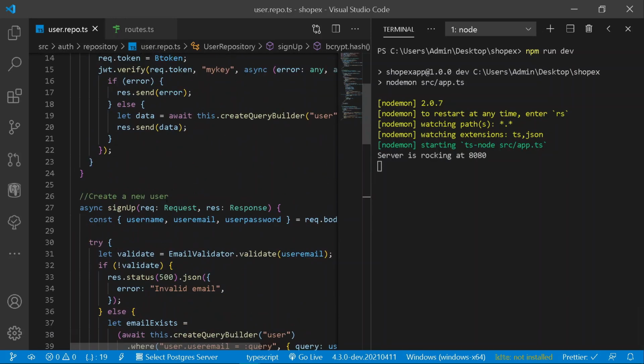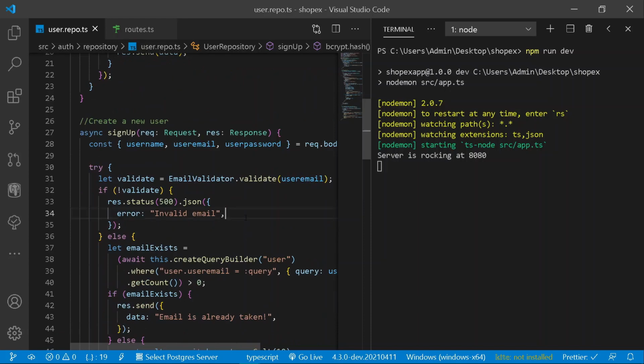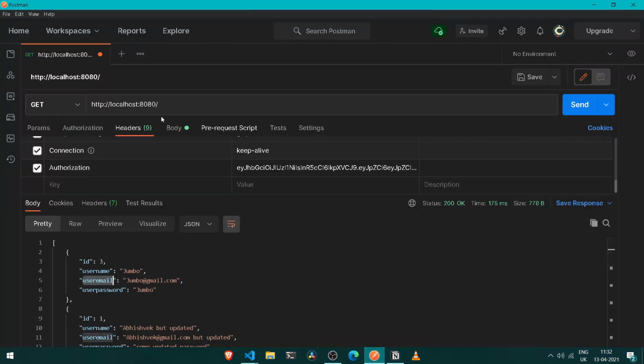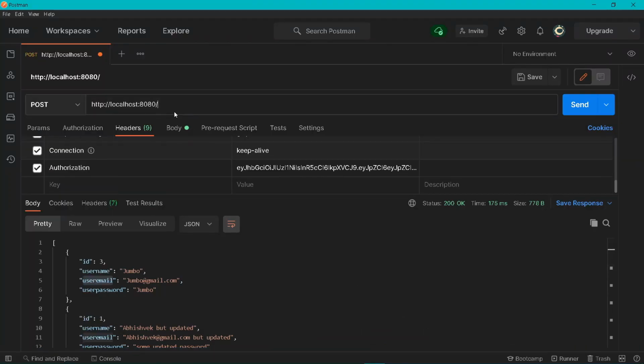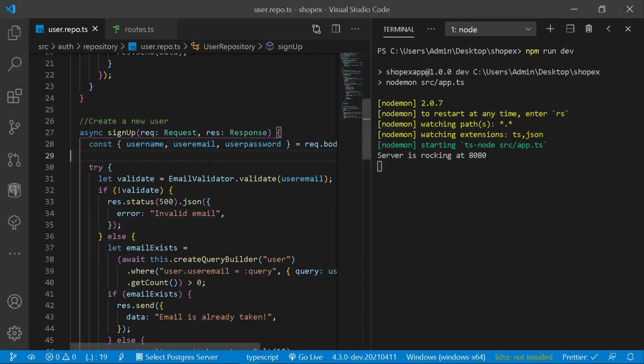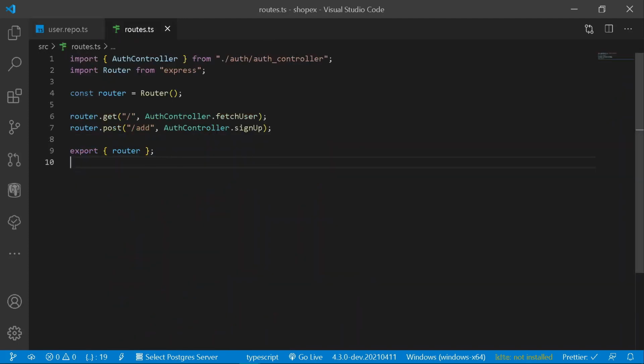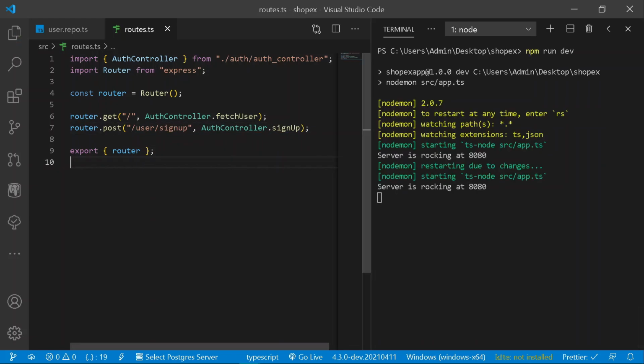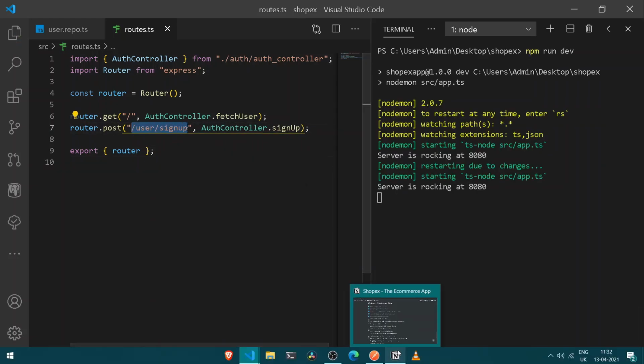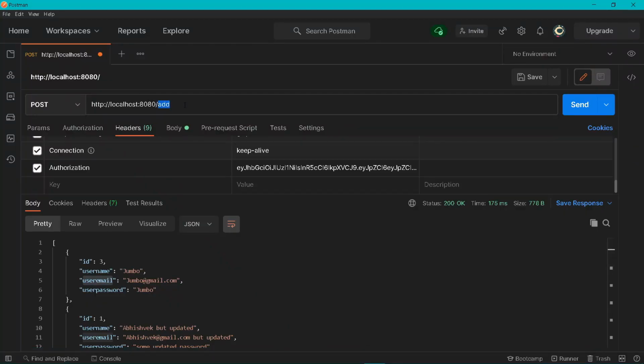So let's sign up under our user with a new email. For that purpose, let's go under our Postman, move under POST request and add a new user. But you know what, instead of add, let's add a new method, that is a new path. So for that purpose, let's go under routes, and here instead of adding a new thing, let's have a path of user/signup, press enter. Cool, so I will be copying the following path from here. Let's go back and paste it here. Cool, so our new path is the following thing for posting all of our user data.